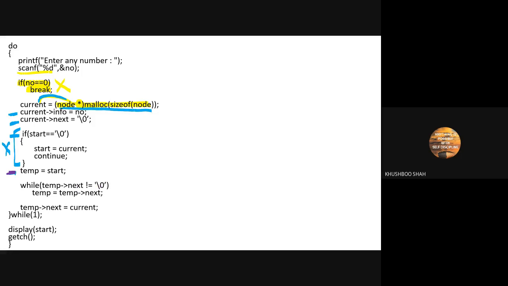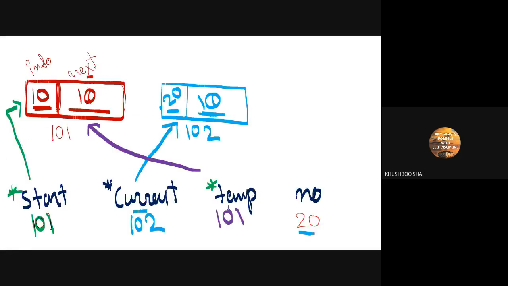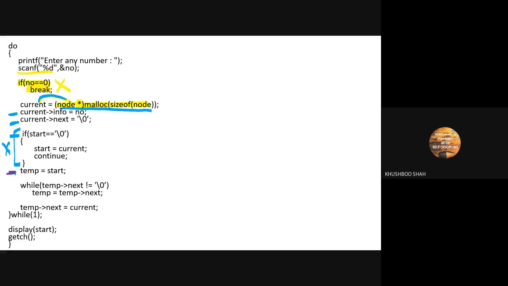Temp's next is not equal to null, but it is null. Because it is null, it is not going to execute this, right? Because this while loop has only one statement.